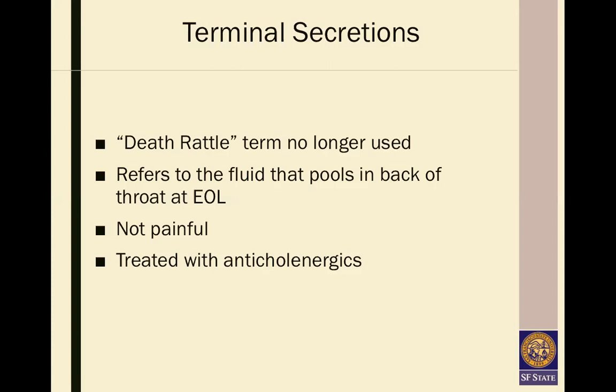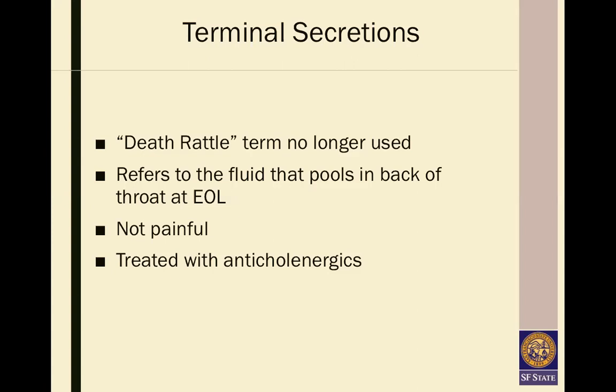And we use that a lot in our home hospice. It is just atropine drops that you put on the tongue to help dry it up. Unfortunately, there isn't really a good solution to terminal secretions. There have been many studies looking at these different drugs, and there really hasn't come up with one drug that's been superior or actually even as effective to treating these